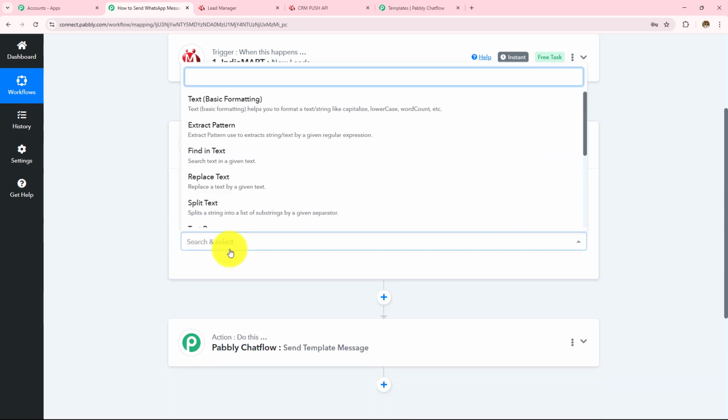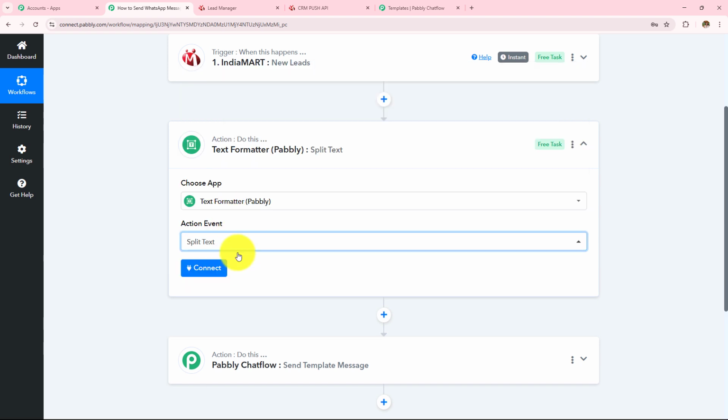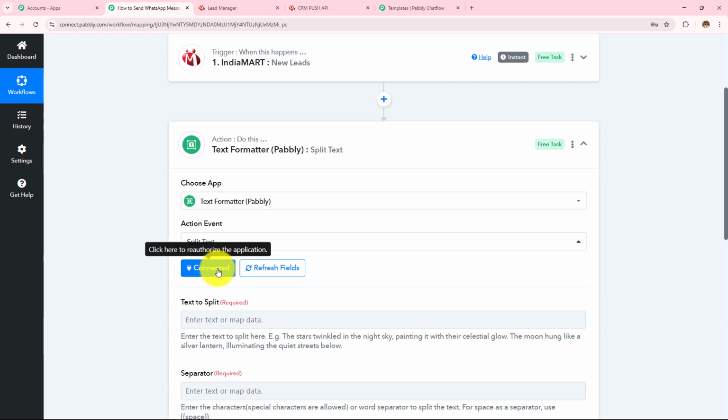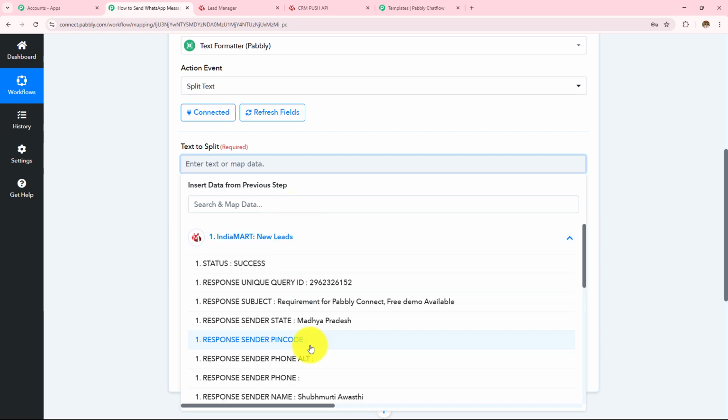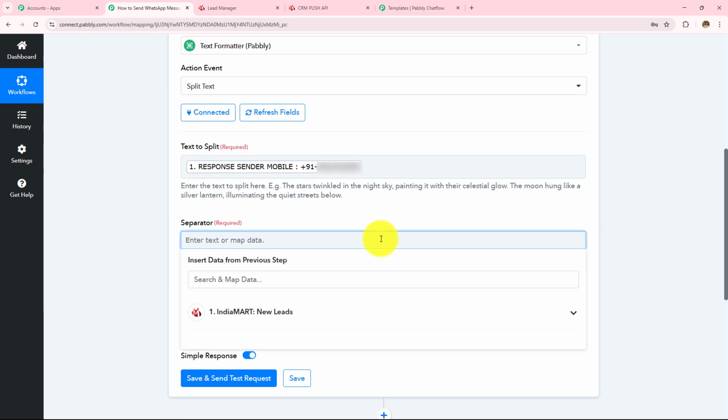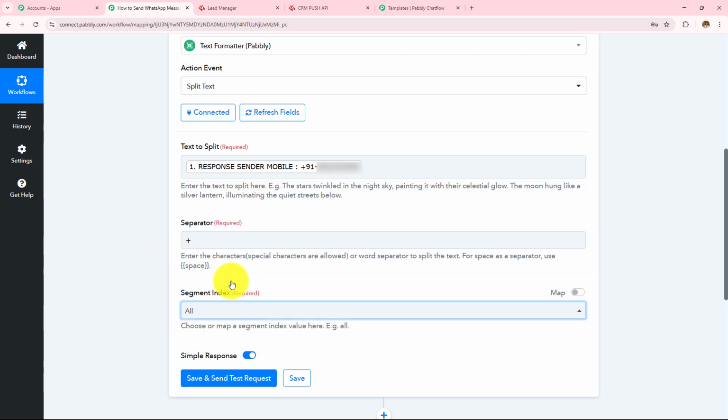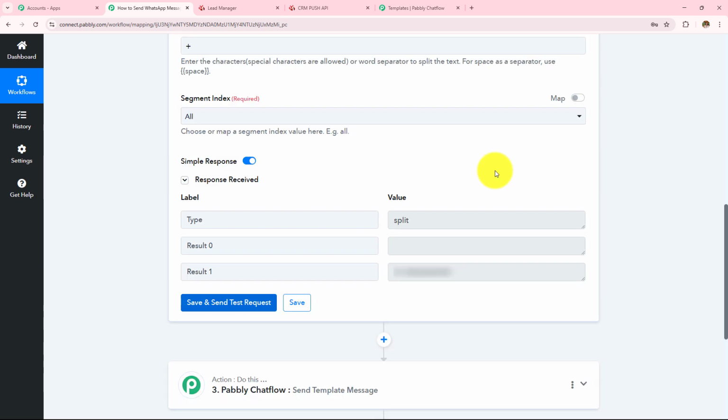And then in my action event I'm going to select this as split text and then click on connect. Now here I need to enter the text that I want to split, which is my phone number. In the separator, I am going to enter plus, and in the segment index, I am going to select all and then click on save and send test request. So here I can see that I have received the response. The plus sign has been removed from my number, and now I can use this number in my Pabbly Chatflow